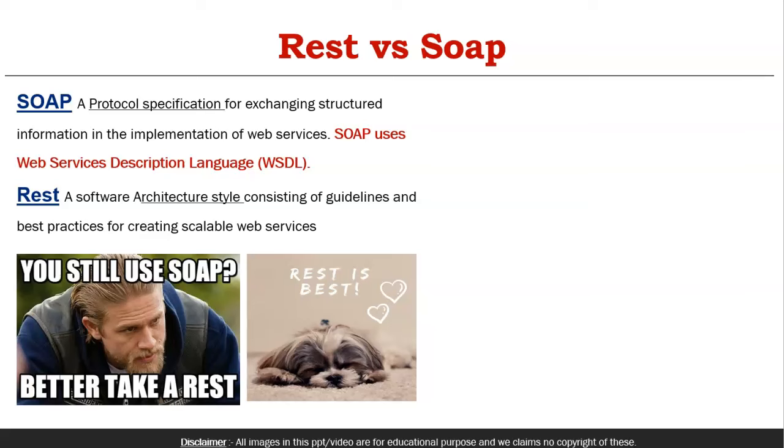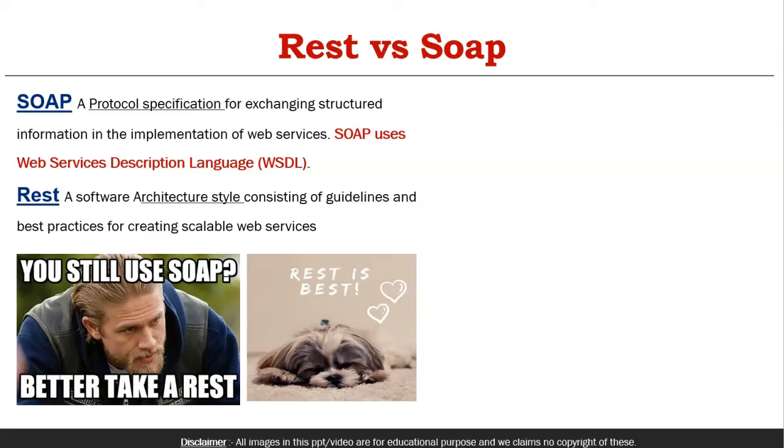What this language is all about is not important from an exam perspective. As I informed before, CCSP does not expect you to be a master of all these concepts. They expect that you at least have a fair idea of each of the concepts. So for SOAP, just remember: protocol specification, uses WSDL. Whereas REST is an architecture style, and it consists of the guidelines